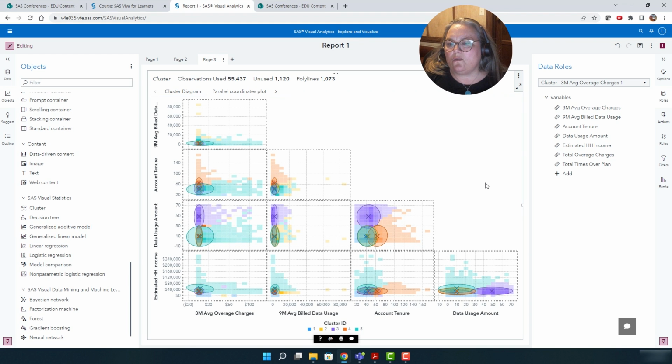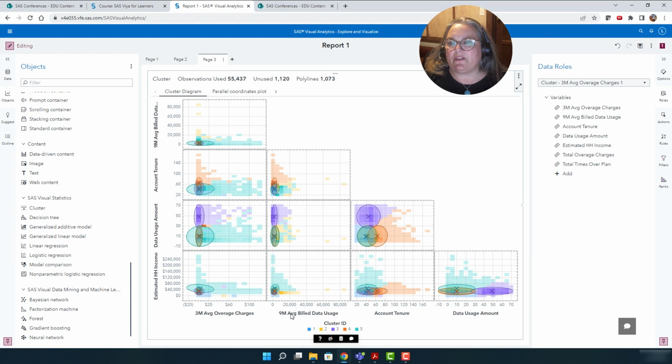Okay, so looking at this, I see cluster 5 is on the low end of our income, the low end of data usage, the lower end of account tenure, billing data. We see that the 9-month average bill data usage looks like it's spread out.